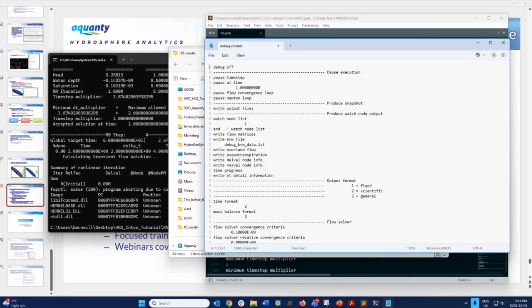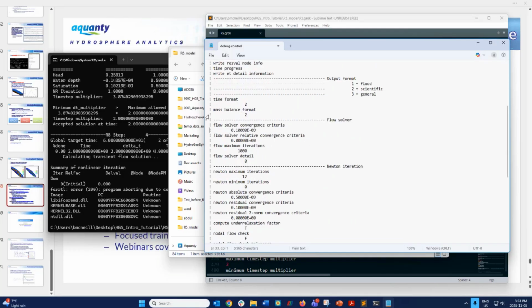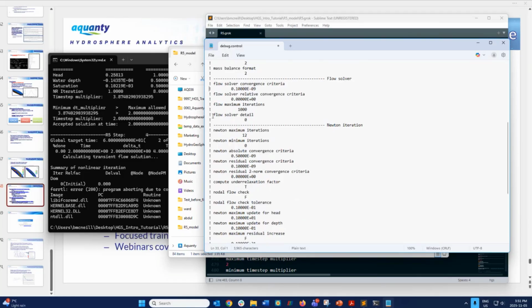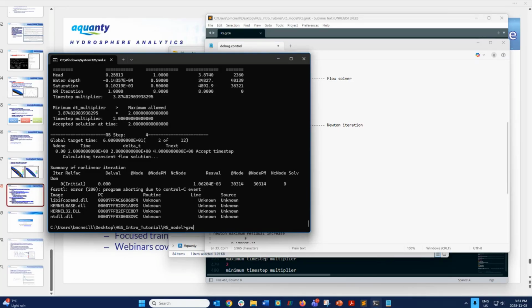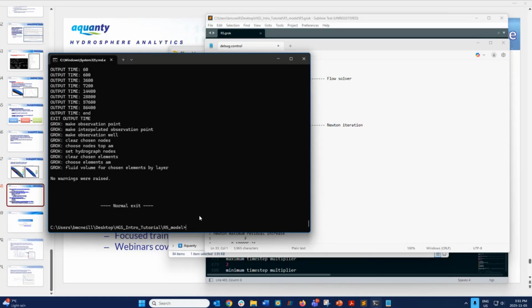If you add a comment here, then it will start reading through each line. Each line by default here has an exclamation point, and so it's ignored. It's treated as a comment. But maybe you need to change the model convergence criteria on the fly. Maybe your model ran for a day and it got up to a simulation time of like 120 years, but then some boundary condition turns on and it's struggling to converge on a solution. You don't want to restart your model from t=0 because you will have lost a day at that point. What you can do instead is